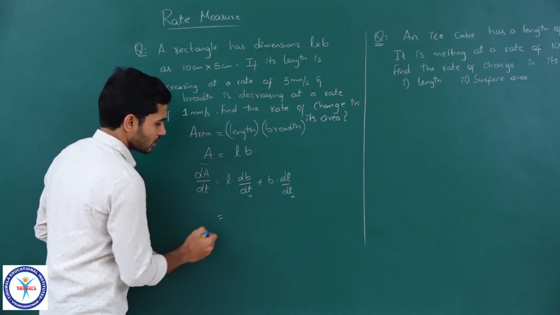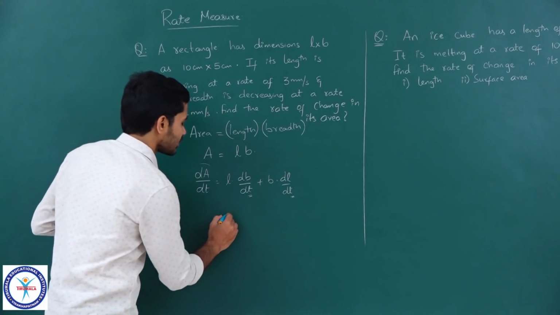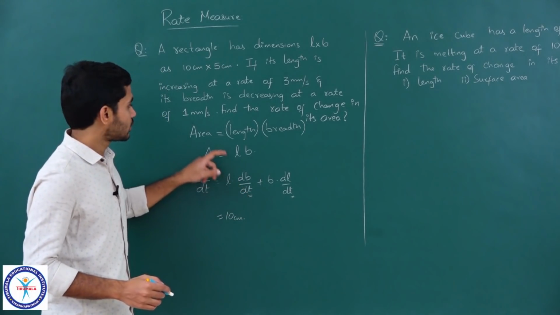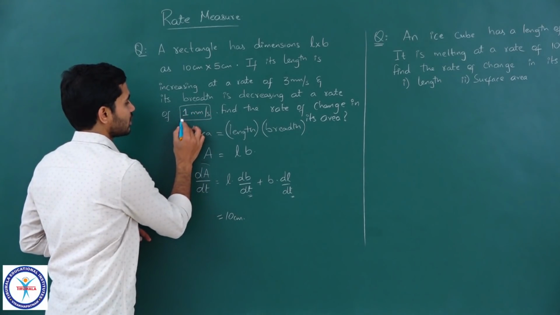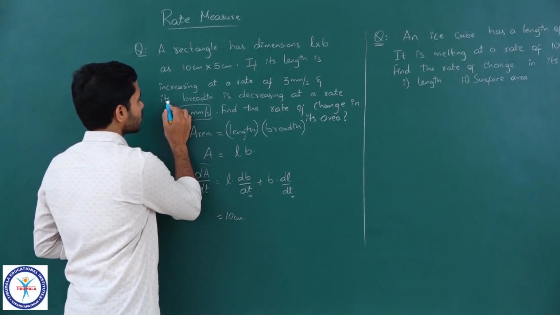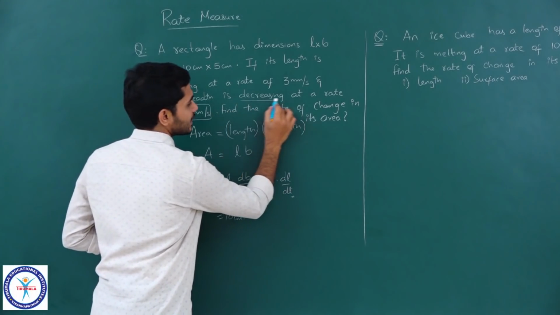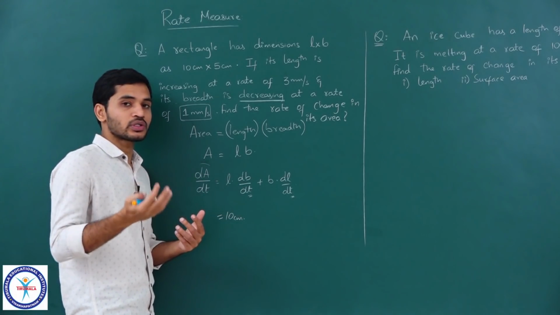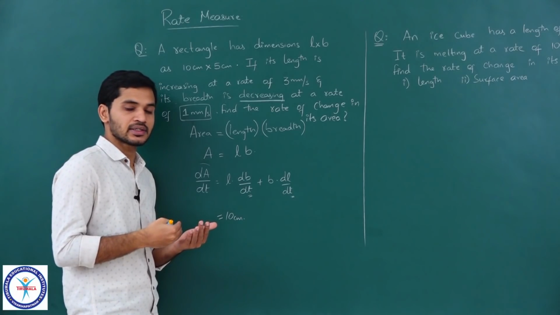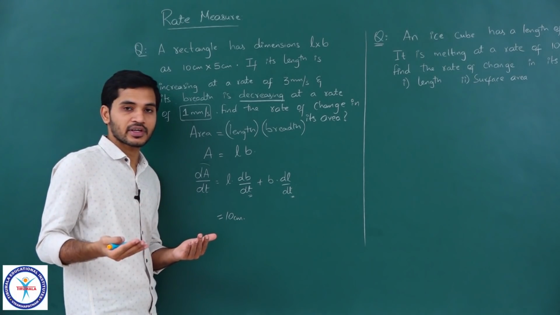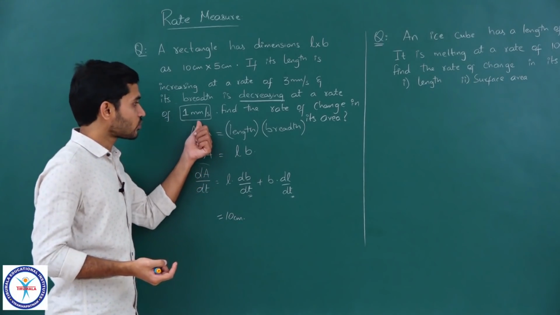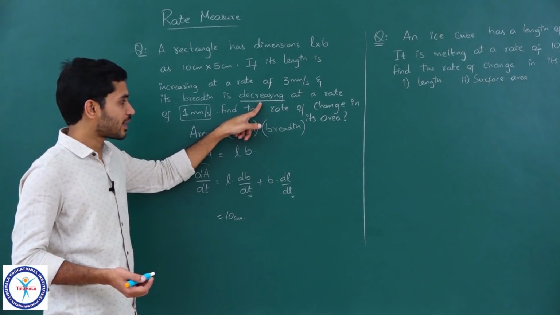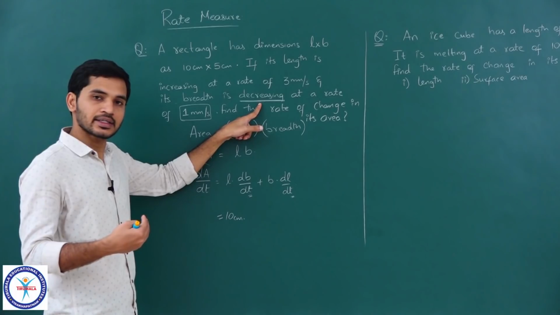So let us quickly do that. Length is basically 10 centimeters into breadth, rate of change of breadth, right. The rate of change of breadth is 1 millimeter per second, but please keep in mind, if you look at the question properly, they have given that its breadth is decreasing at a rate of 1 millimeter per second. Whenever we have something which is decreasing, its rate or first order derivative will be negative, correct. So what we should substitute here in place of dB by dt, because the breadth is decreasing, its slope, its rate should be negative.